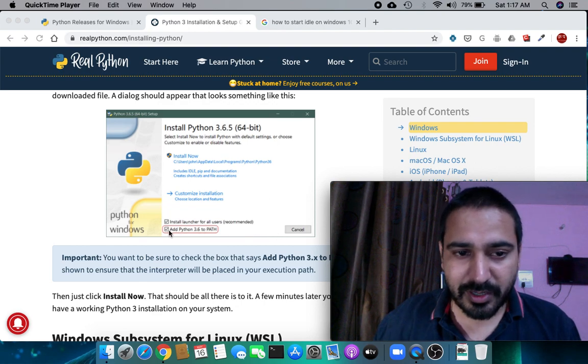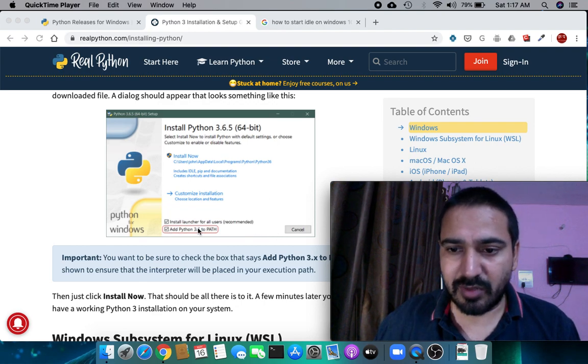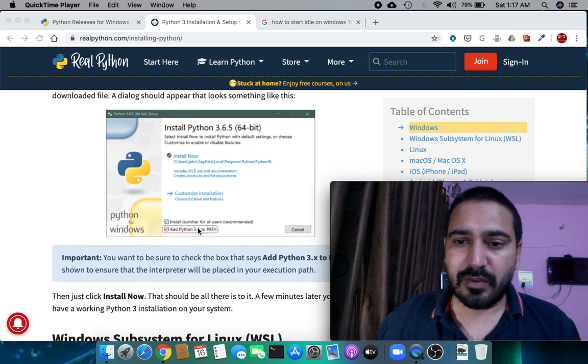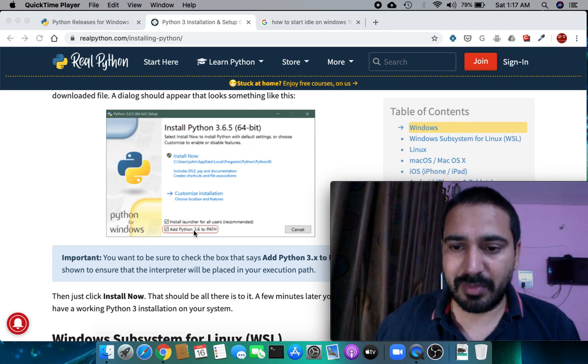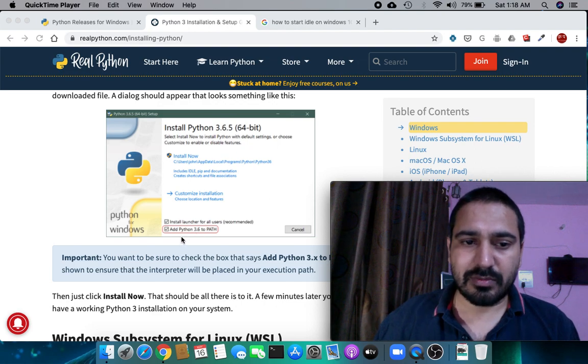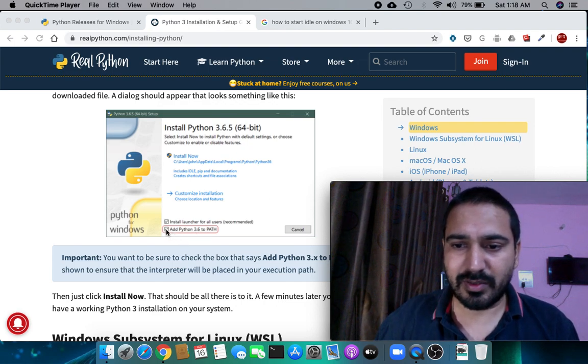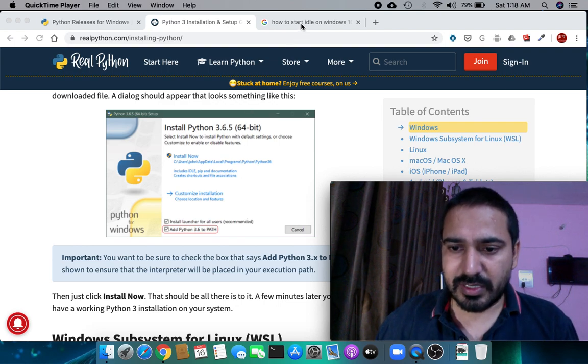Don't forget to add Python to the environment variables in Windows. If you don't, you need to edit your environment variables later, which might be a bit of a problem for newcomers in computer science. So avoid skipping it.